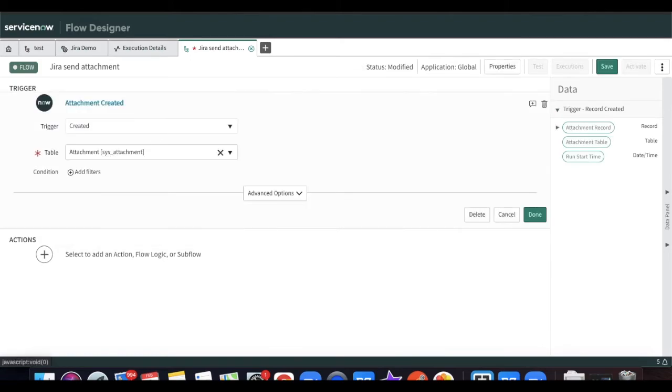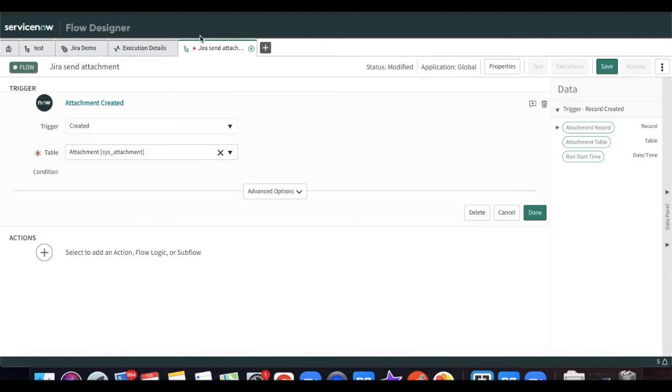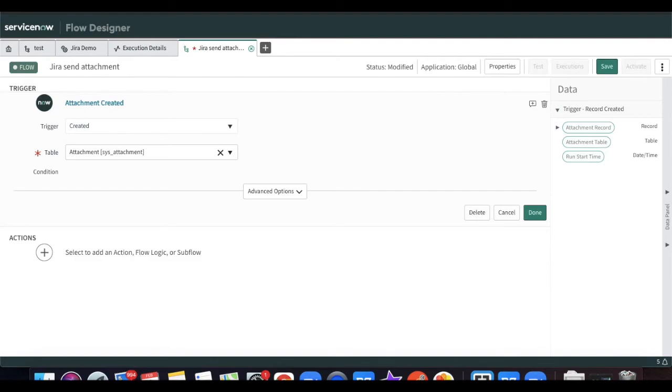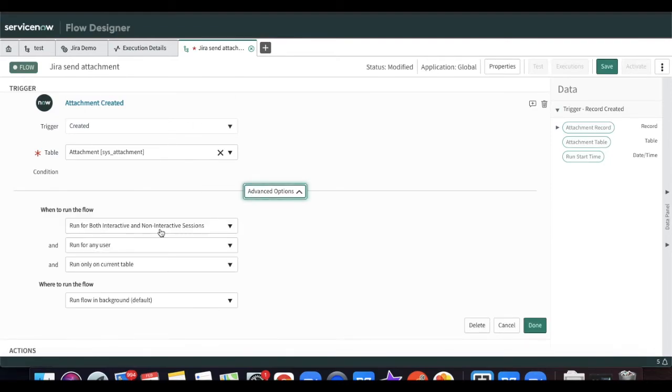Once any record is created on the sys attachment table, the filter condition should be table name is incident.